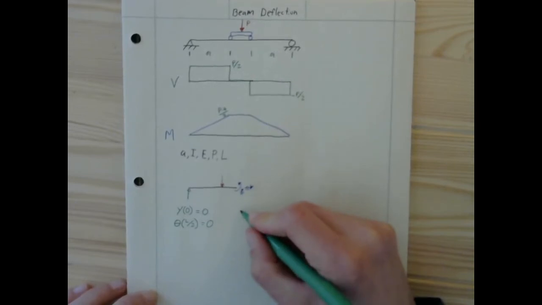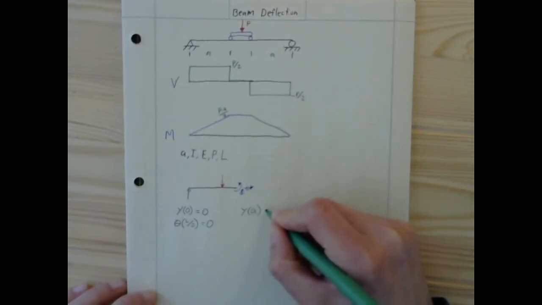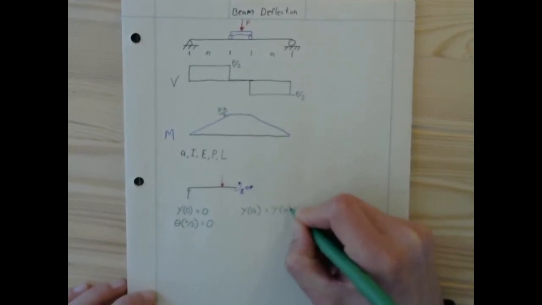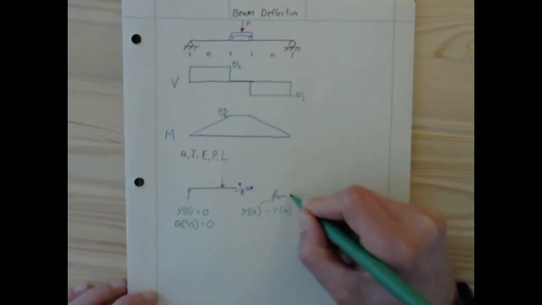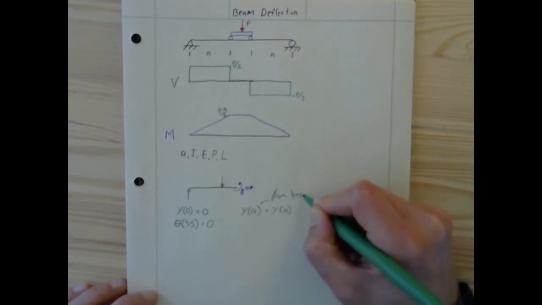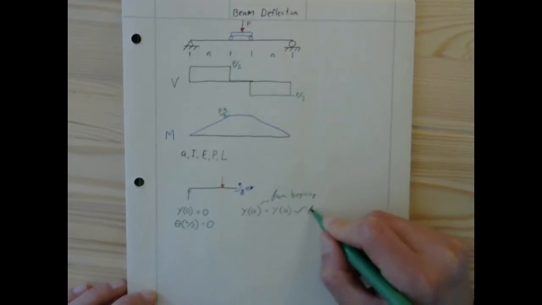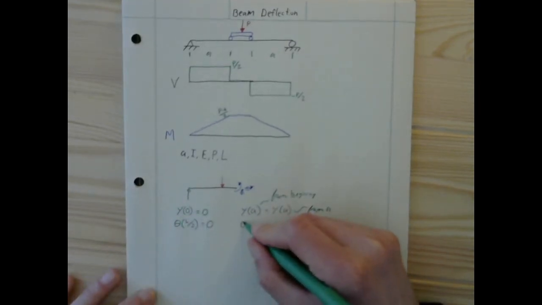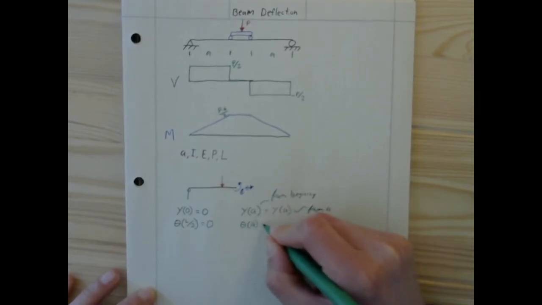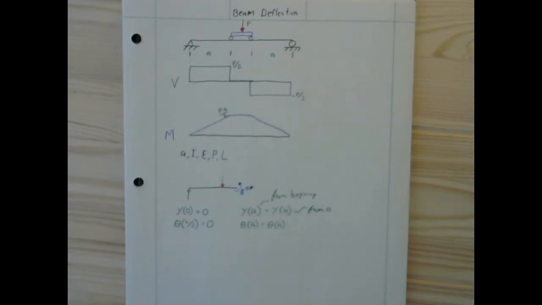So you're also going to have to consider that the deflection at A is equal to the deflection at A, from the beginning, and then this is from A, because there's a continuity of deflection, and there's also going to be the rotation at A is equal to the rotation at A. You're going to have to worry about that as well,